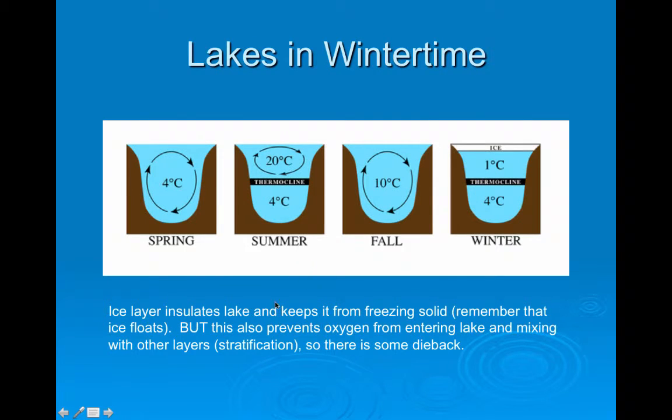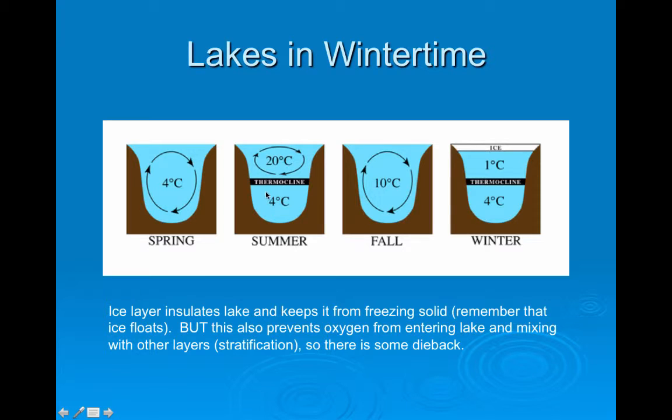All right, lakes in the wintertime, please realize a couple of things. First of all, if ice didn't float, lakes would freeze solid in the winter. Because ice floats, ice is also insulatory, so it keeps the lake above freezing temperature. However, because of this thermocline that develops in the middle of the lake, you don't have any oxygen circulation, you don't have any sort of downwelling that's happening, so fish down here at the bottom in the profundal zone either die or they go into what's called torpor, which means they don't need a lot of oxygen to start with.